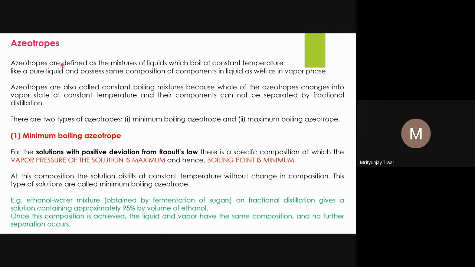It means an azeotrope is a solution, it is a mixture, it is not a pure component, but it behaves as if it is a pure component. Because what we know about pure components, pure solutes or solvents: if it reaches the melting point, it melts at that temperature without any increase in temperature. Whatever heat you provide is used as the latent heat and it will melt, if it is in the solid state. If the solute is a liquid and the solvent is also liquid, then they will have boiling points.